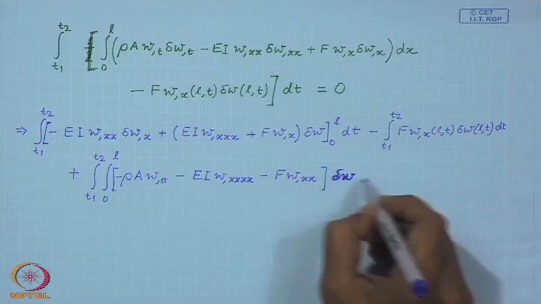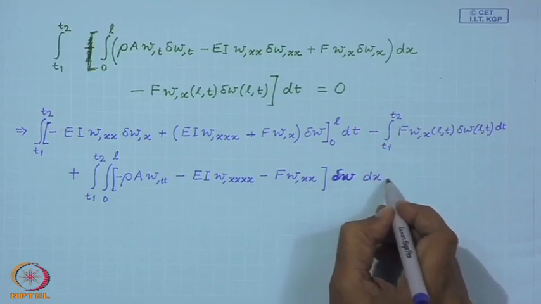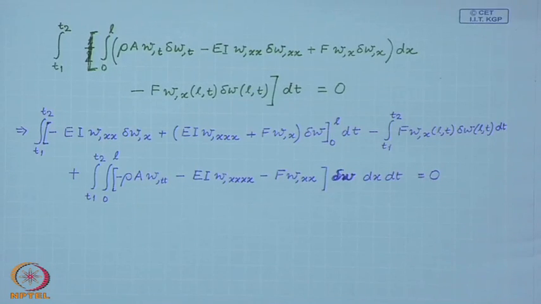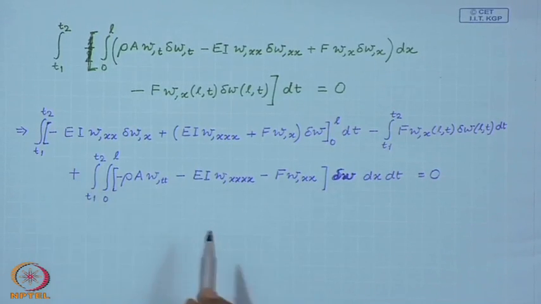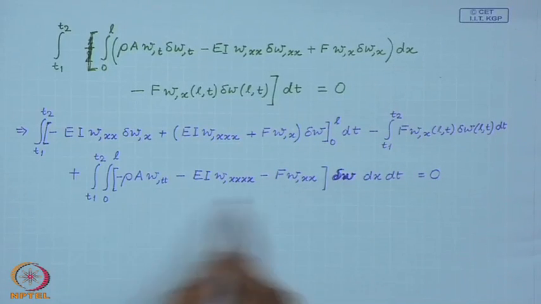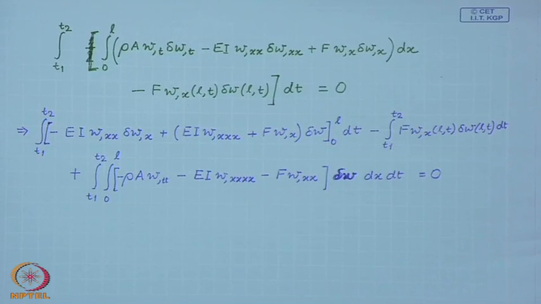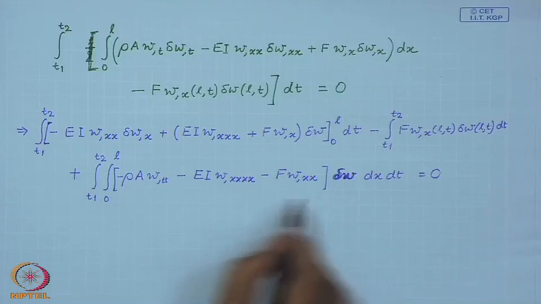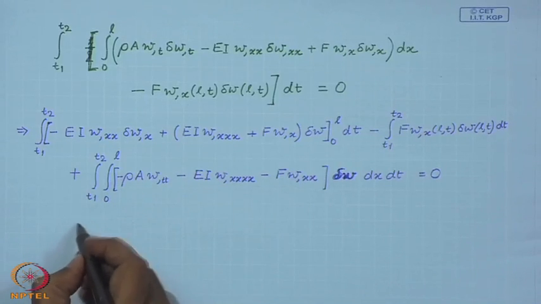So, delta w taken out, and that must vanish. Now, using the standard arguments that the variation over the domain and over the boundary must vanish independently, we can easily see that from here we obtain the equation of motion